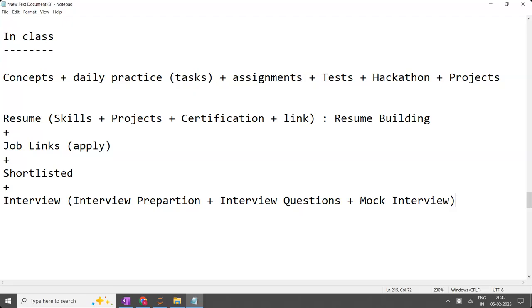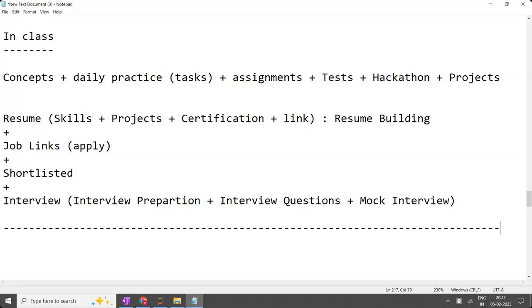Now automatically you'll be ready, right? You have the subject. You have the certification. Knowledge is there. And how to do inside the interview also, you know, because you have taken the mock also. You know how exactly in the interview room, what will happen, how they are going to test you, how they are going to see you. So everything will be completed in the class. So there is a high possibility of getting the job if you follow everything.